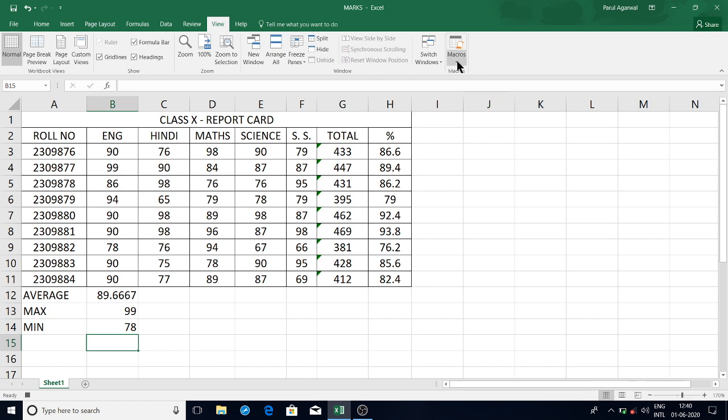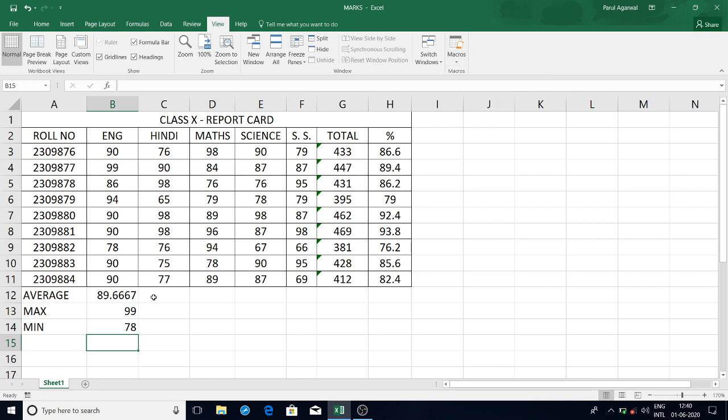As we are recording these steps of commands, which are average, max and minimum, which are now recorded, we'll click on stop recording, with the help of which the recording is stopped. Wherever we need to make these calculations, we can now use the macro, which is already assigned.